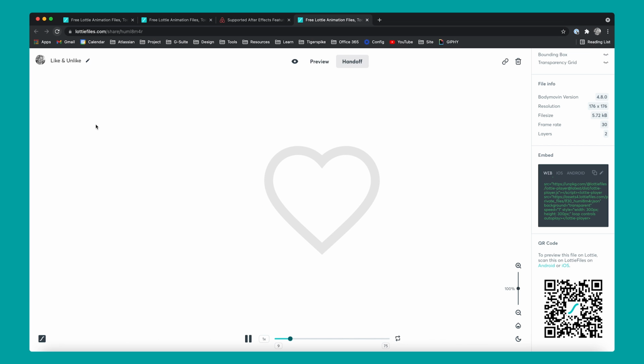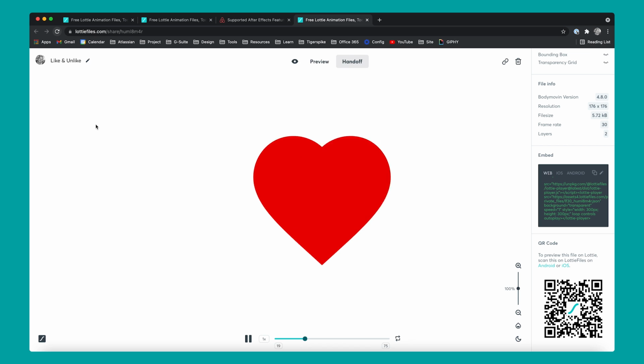Really straightforward. If you've used After Effects before, it's going to be an absolute breeze, and it's super powerful to use in all of your